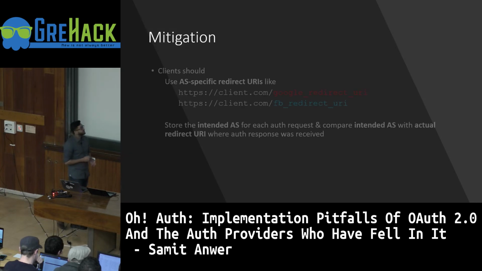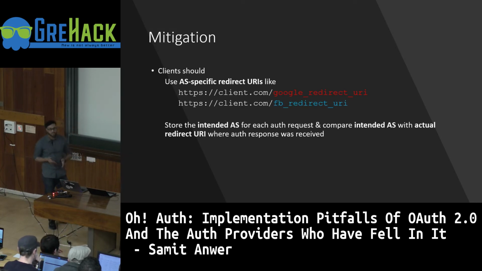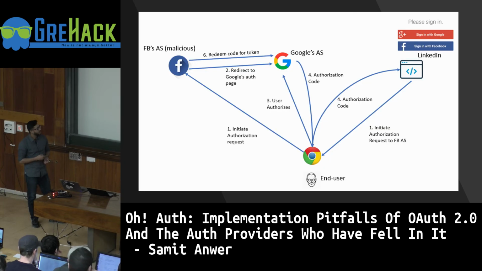And there's a simple fix to it. You should never use the same redirect URIs for different auth servers. You should always have different redirect URIs on the client exposed for different auth servers. And to show you how this fix works,